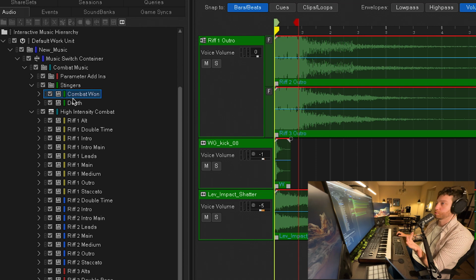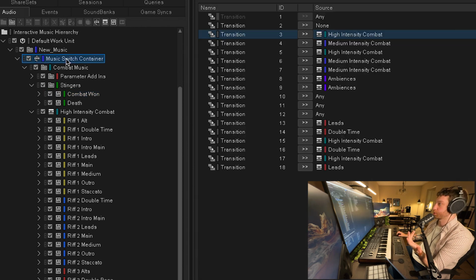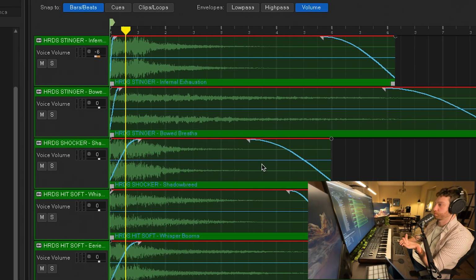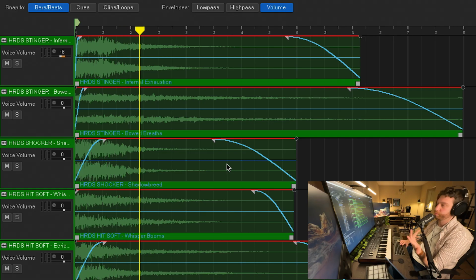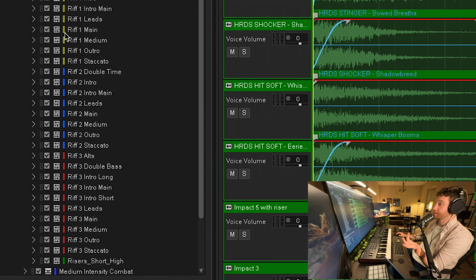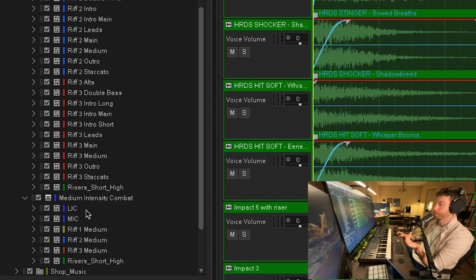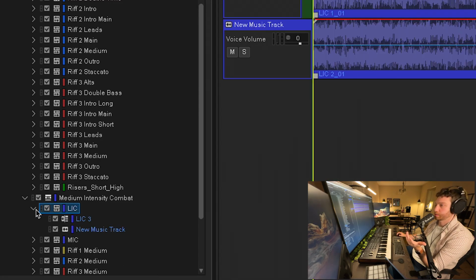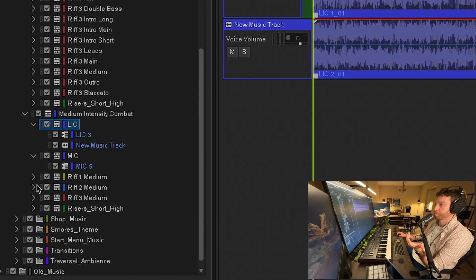And then same thing, there's a transition in the music switch container for death too. And so there's also a death setting. But that's really anywhere in the game. But that's essentially it. There's also the medium intensity segment, but that's some other stuff I've messed around with and tried out,